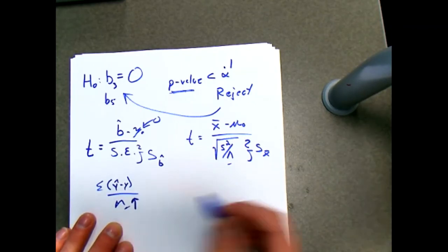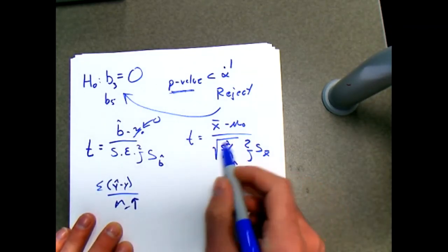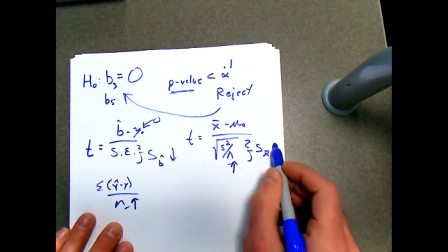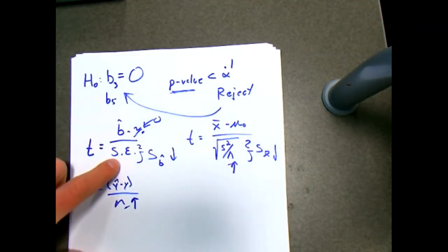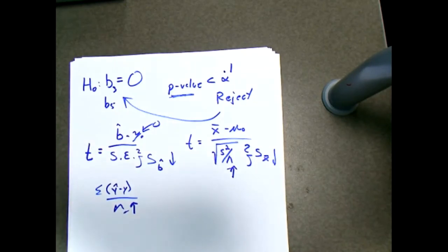So if I increase that sample size, it's going to decrease that standard error, increasing my test statistic, decreasing my p-value. So having higher sample sizes, even if I see the same coefficient estimate, is going to drive down my standard errors, increase my test statistic, and then decrease my p-value. Now, I won't make you